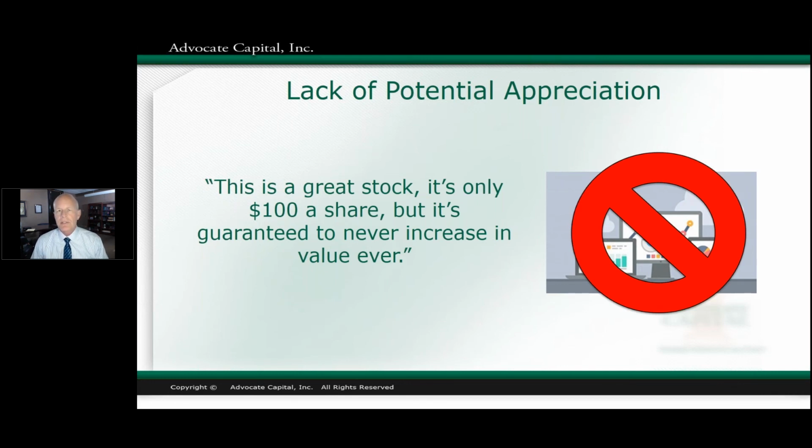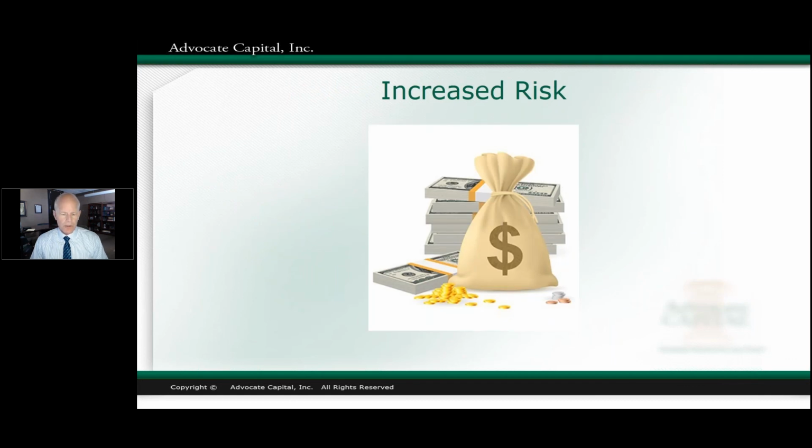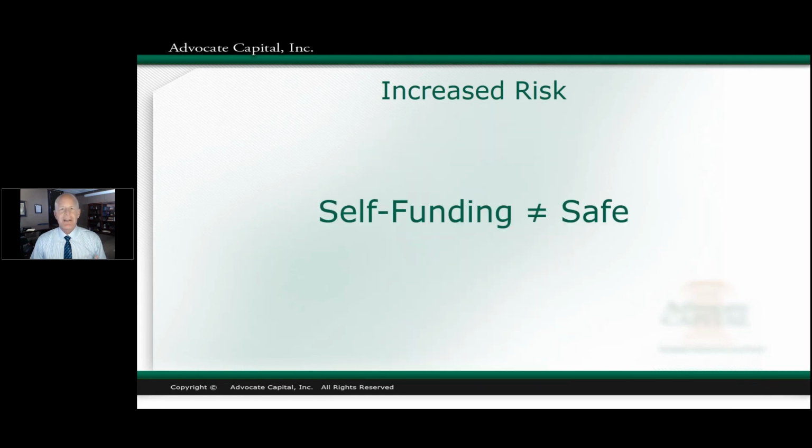All right, next is increased risk. And this one's interesting to me because we talk to some lawyers and they think it's risky to finance your case expenses because they're debt averse and debt equals risk. Well, it's actually not that way if you think about it, because self-funding is not the safest way to go. Self-funding is actually risky because you're allowing your cash to remain in the business and remain at risk, out of your control, where employees can embezzle it or it can get gobbled up through the operation of the firm. So it's much better to have your cash outside the law firm in a bank account. If you're not going to invest it, at least get it outside the law firm and out of harm's way.